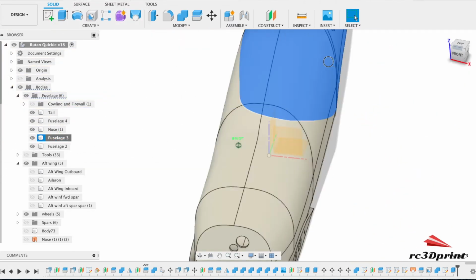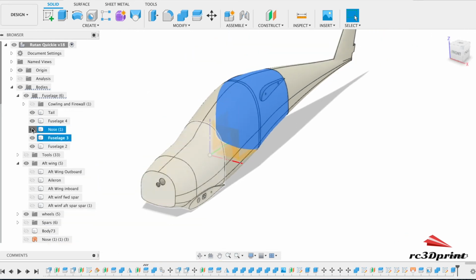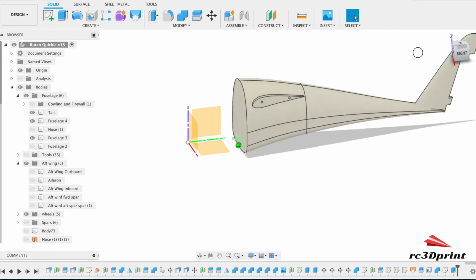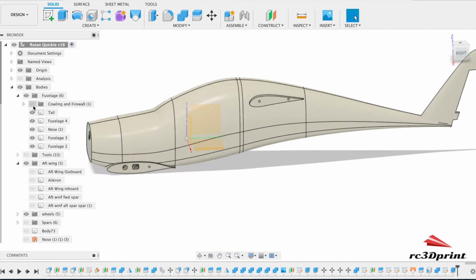So what I was thinking about, I think I mentioned it briefly yesterday, was are we going to need to put anything in here, basically? Is anything going to need to go in there, like batteries or radio equipment? And I'm not sure, because it's difficult to fully gauge